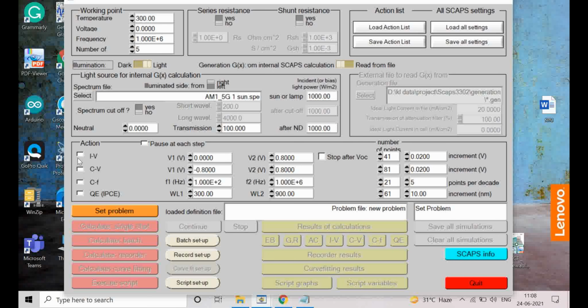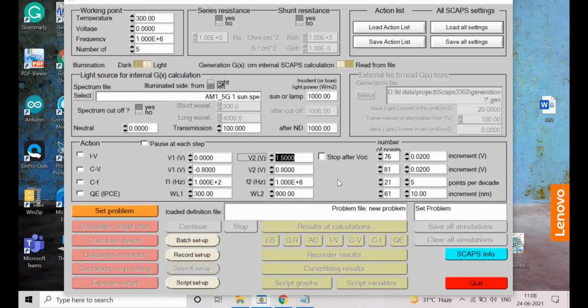So here in IV, what you need to do is take V1, from what voltage you want to step up. So from 0 to say 0.8 I want to go. Then, if the material you are choosing has a band gap of say 1.5, it is always good to keep this value up to 1.5.